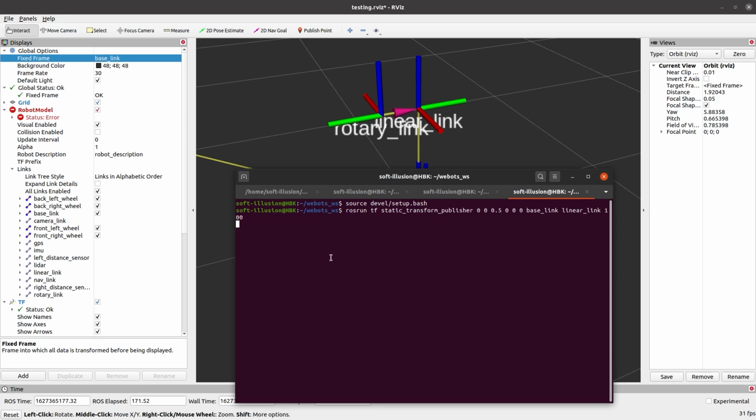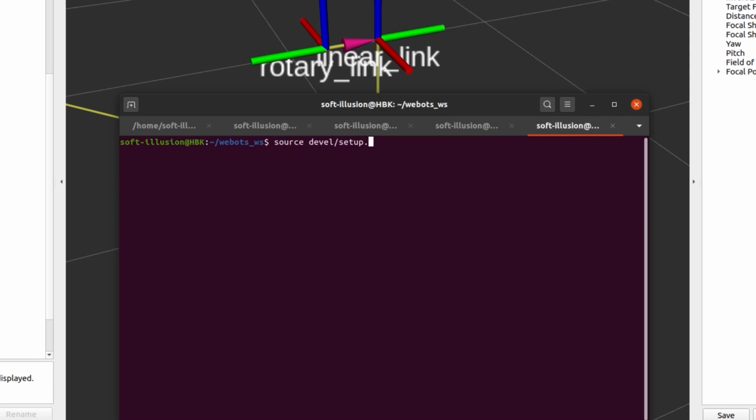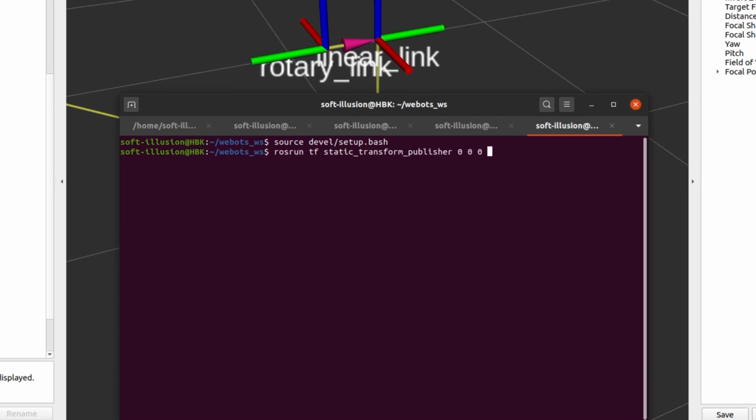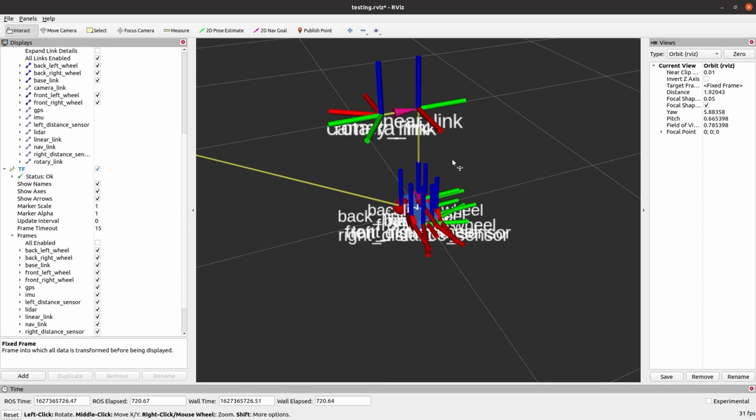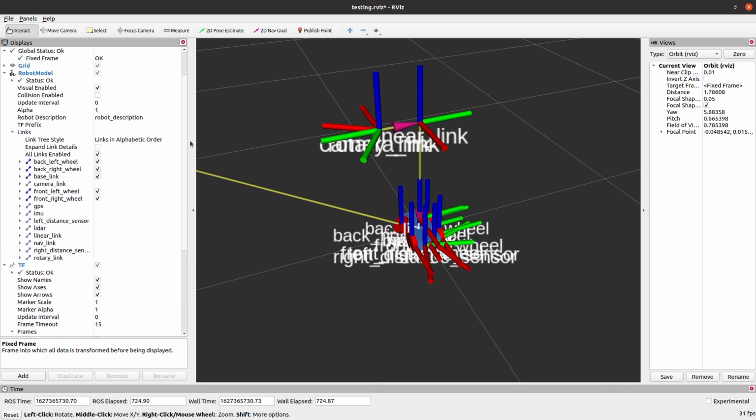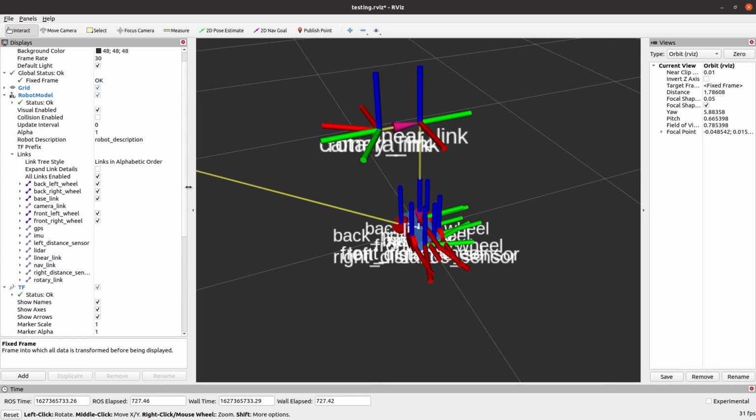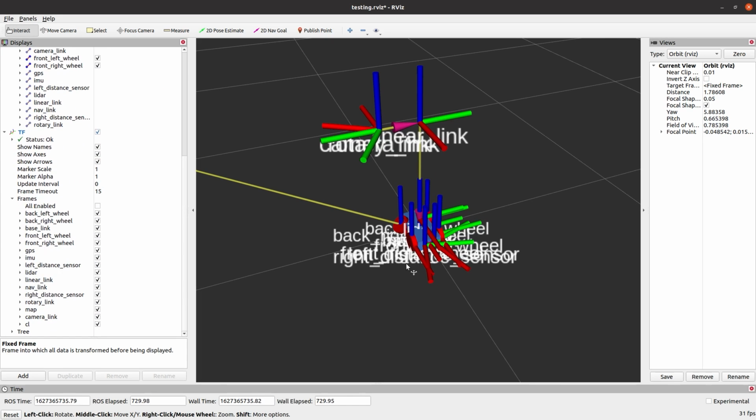However, this still shows an error, and that's because the camera link is still continuous with respect to the rotary link and does not have a fixed joint. So let's also publish the camera link with respect to the rotary link: tf static_transform_publisher 0 0 0 1 0 0 rotary_link camera_link. Hence now we have all the links defined, and you can see all the links and the visuals here and all the transforms here.